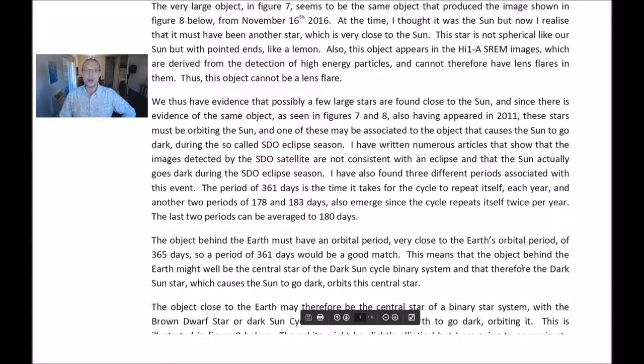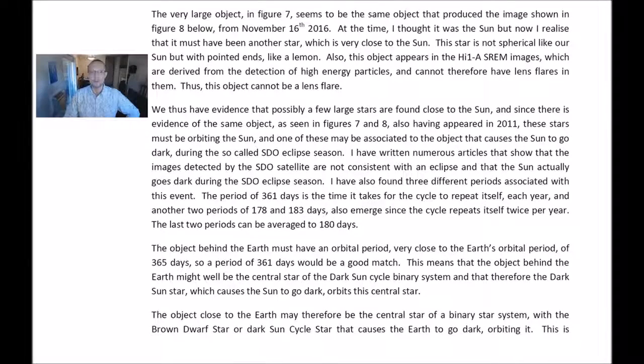A very large object in Figure 7 seems to be the same object that produced the image shown in Figure 8 below from November 16, 2016. At the time, I thought it was the sun, but now I realize that it must be another star, which is very close to the sun. This star is not spherical like our sun, but it has pointed ends, like a lemon. Ha! Also, this object appears in the HI1-A SREM images, which are derived from the detection of high energy particles